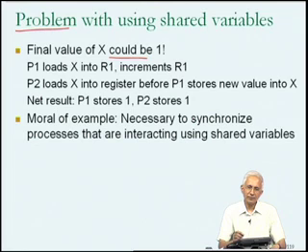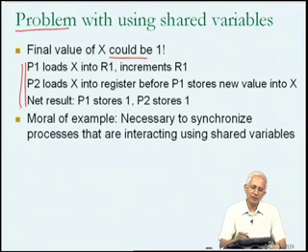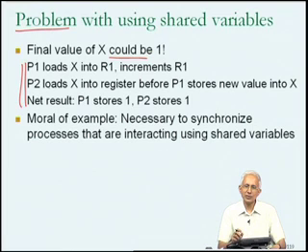Now, if this is the case, this is a very dangerous situation, because we have to be careful in writing these kinds of concurrent programs. We must be aware that it may be necessary to synchronize the processes that are interacting using shared variables. The problem seems to have arisen because process P1 and process P2 are sharing one processor, only one of them can be running at a time, and the operating system may switch from process P1 to process P2 somewhere in between the sequence of events that is going to happen.